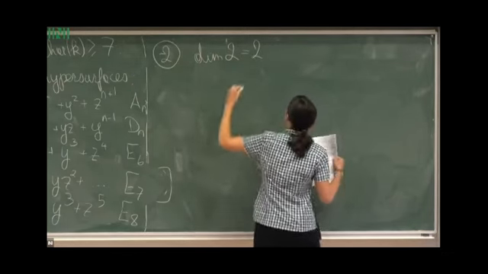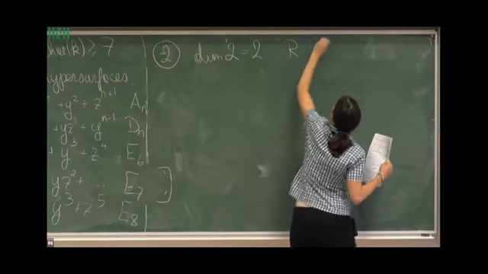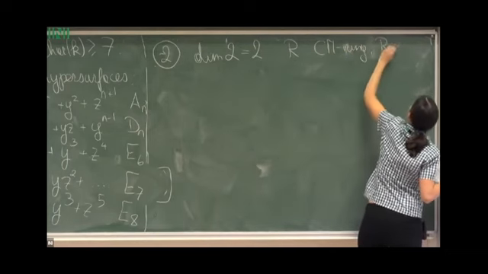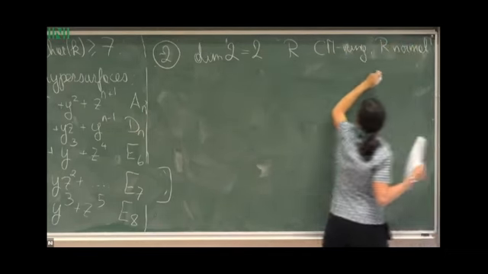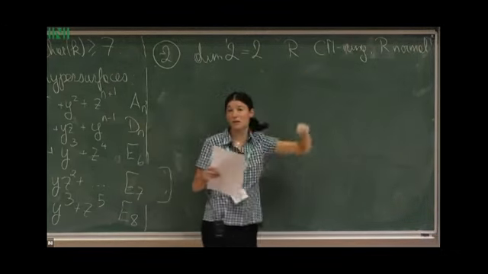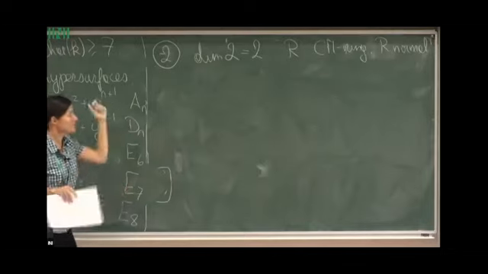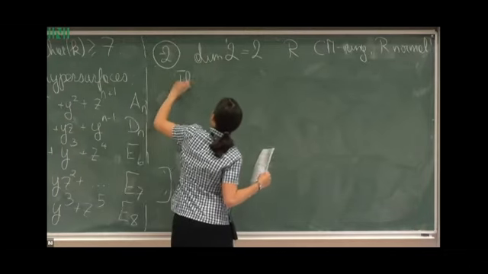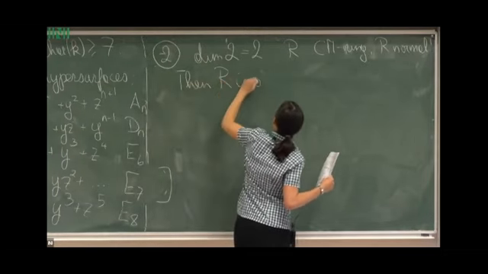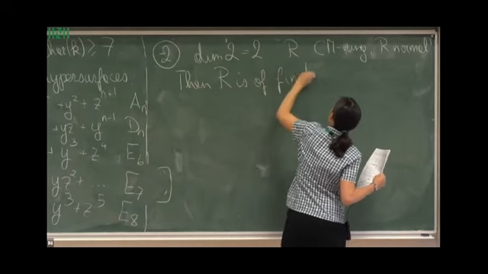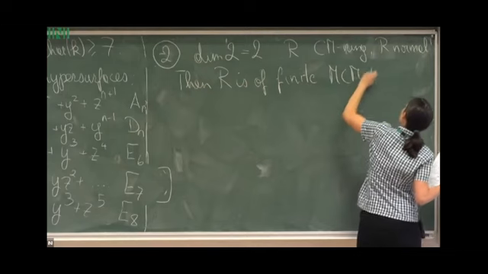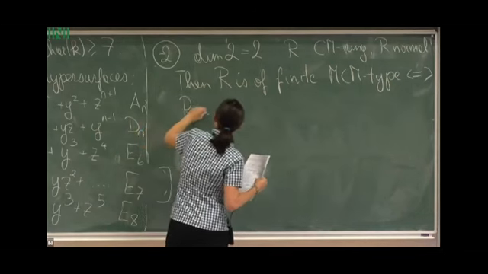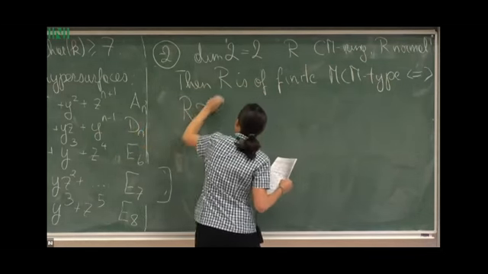If R is a Cohen-Macaulay ring, and also R is normal, which means that it has only isolated singularities, or it's R1 and S2, then R is of finite MCM type if and only if R is isomorphic to an invariant ring